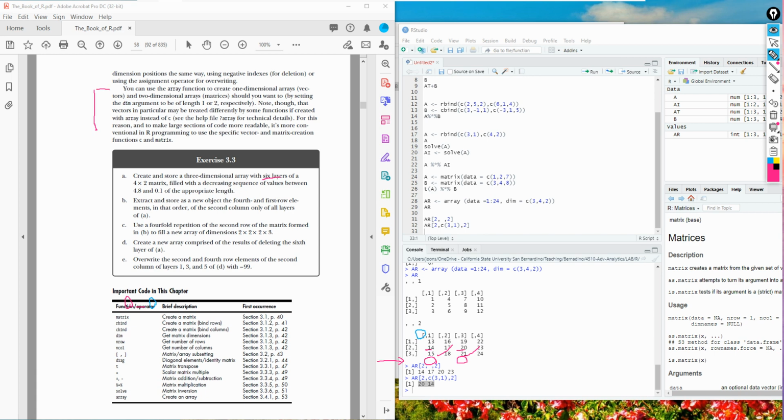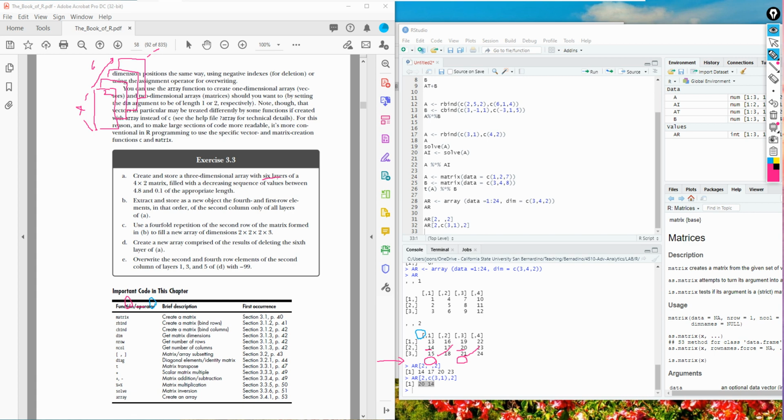This is the first floor, and then you need to build another floor, and another floor, and so on. How many floors do you have? You have 6 floors, the 6 layers, and the dimension for each floor is 4 by 2. So basically this is something you need to build.